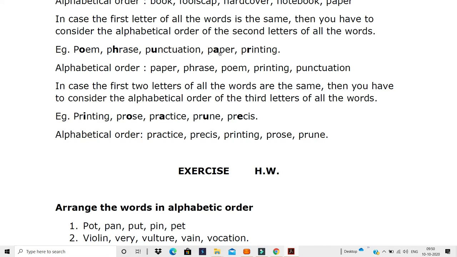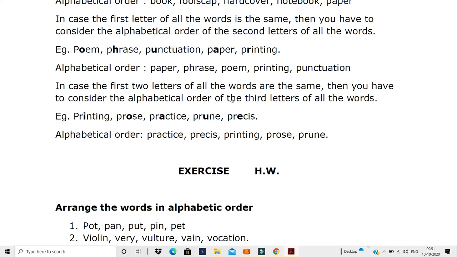Same way, you say your alphabets A. So here A. So you write this first. A, B, C, D, E here. So you'll write this second. F, G, H, I, J, K, L. You'll write this here. After that, then O here, O, and then last word remaining is prune. Is it clear? So you have to check first whether all the first alphabets are different or few of them, maybe two may be the same. So you first handle those, which word you have to look at. Clear? Okay. Now we do the exercise.